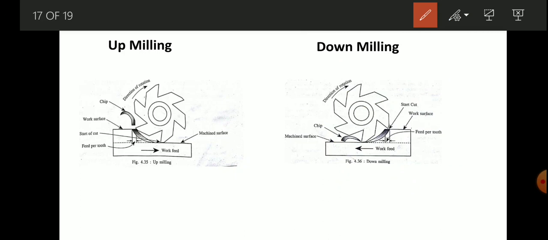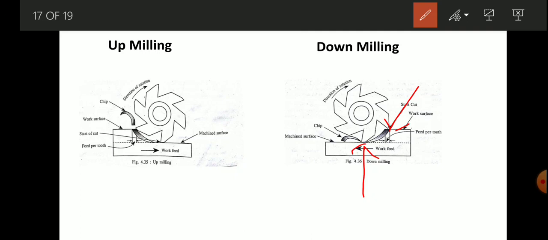In this process the material removal is done by rotating the tool and workpiece in the same direction. The removal of material is maximum at the beginning and minimum at the end. Here there is maximum removal of material and here we can see the material removal is minimum. In this, the cutter rotates.